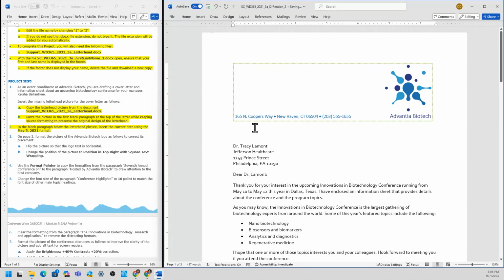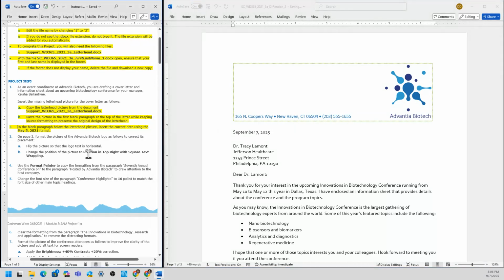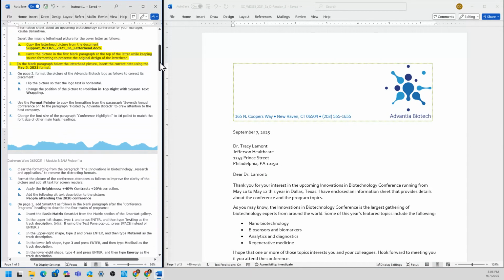There you go. Then below the letterhead, I'm going to type today's date in the format of month, day, and year. So today is September 7, 2025.